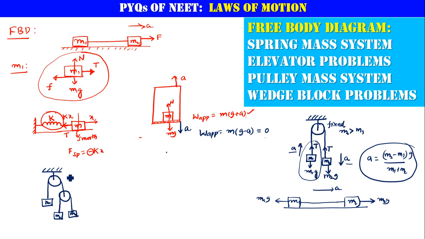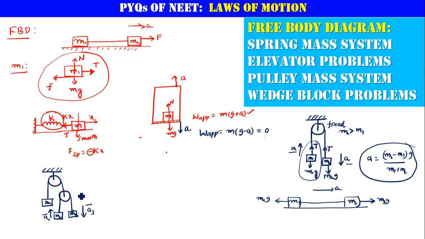Okay, so for example, these guys are having an acceleration downwards because m3 is more. So let us say A3 is actually acting downwards, and this mass m2 will be going definitely upwards. But that will not be A3 exactly, it will be different. So that is A2, for example.